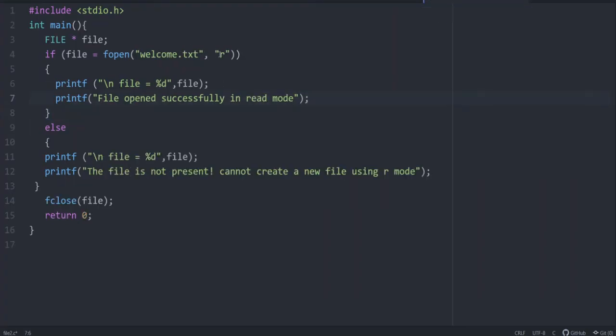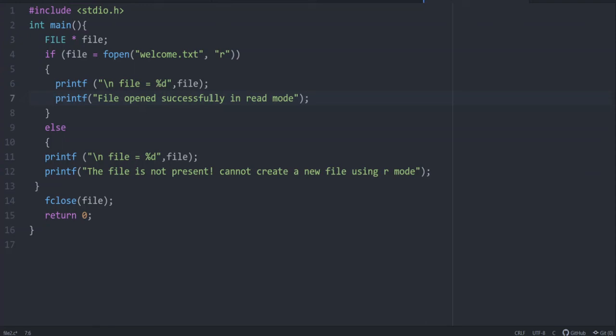This is for opening a file in read mode. The same thing is happening with fopen. Here I give a different name for the file, welcome.txt, and read mode. Then again we are checking the value. If file is not equal to 0, it means it is successful. It will print a value that is not equal to 0. Just to show you, I gave a print for printing the value of file.